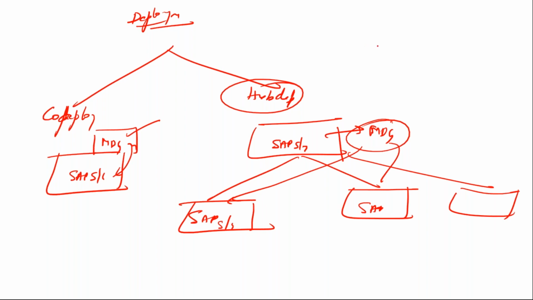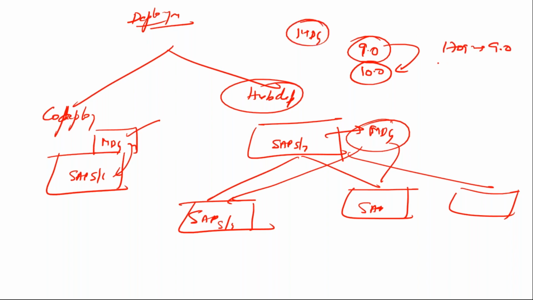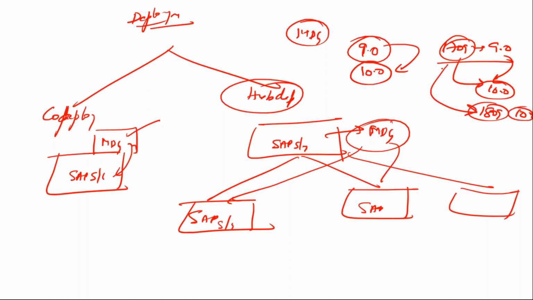Because there are always versions, like version 9.0, 10.0, different versions come in. It's not that I can just upgrade the version of master data governance separately. It comes along with the version. For example, 1709 comes with 9.0. Under 1709, I cannot directly upgrade my master data system to 10.0. It comes along with the next version. For example, 1809 would come with 10.0. So master data governance upgrades happen along with the version of SAP which you are implementing. This is how the entire set of master data governance systems are being used.